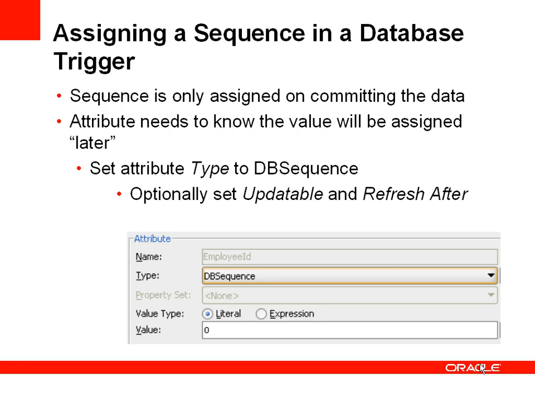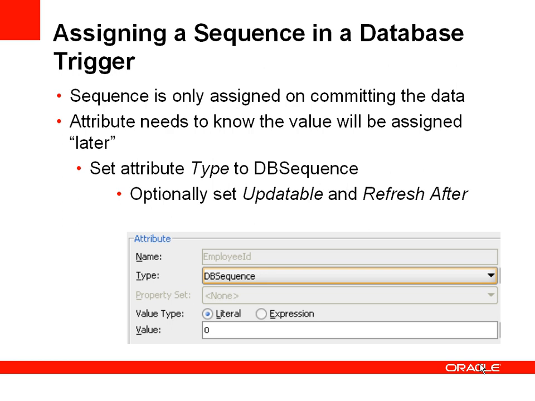Now this is actually a codeless solution in the ADF business components, and what we have to do is define that an attribute, in this case our employee ID, is of type DB sequence. And what that means is it tells ADF business components that the value of this field will be deferred to be assigned by a trigger on the database. Now the only other thing we have to do is we can optionally set the attributes